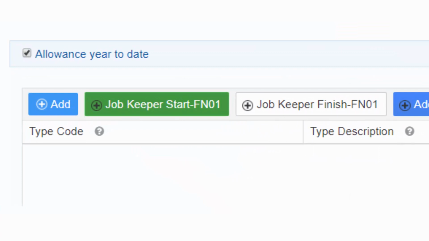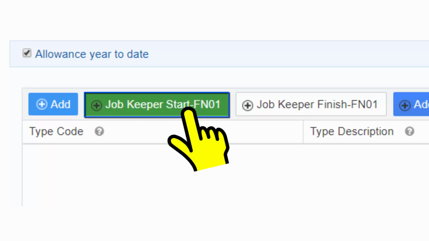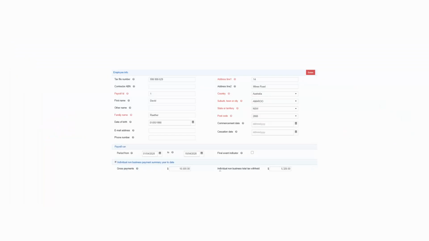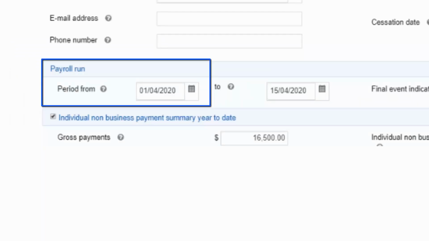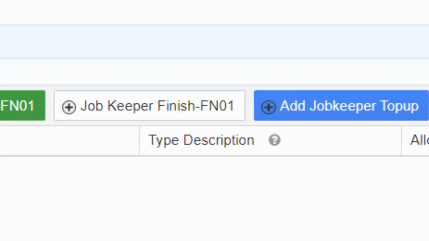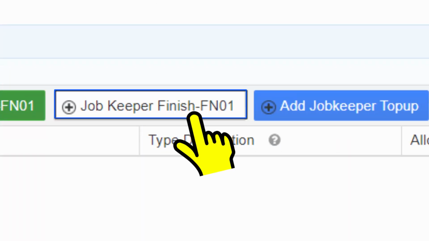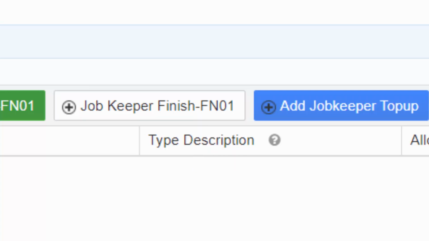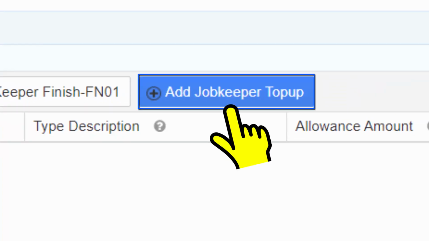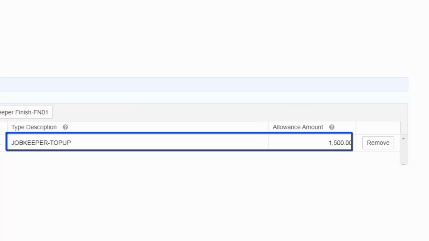Otherwise, in the normal circumstances, you will only need to notify the ATO when to start the JobKeeper payment, which is in Gov reports allowance, JobKeeper start FN with number depending on the starting date of the pay period and fortnight, and will be automatically picked up from the payslip or pay run. When your business is no longer eligible for JobKeeper, you will then need to notify the ATO by confirming on the payslip as allowance, JobKeeper finish. Selected employees have a JobKeeper top-up amount to make up the $1,500 per fortnight, for the initial pay run and each subsequent pay run until finish.